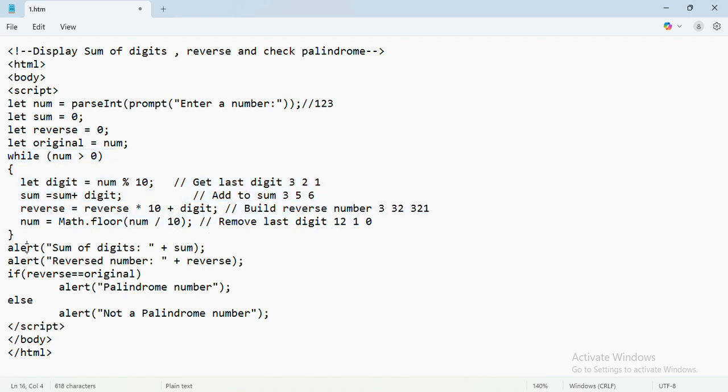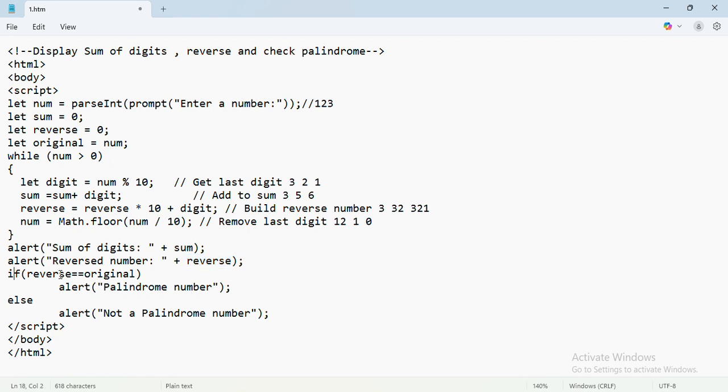And we're using alert, we are just displaying the result. Sum of digit, that is a string, that's why in double quotes, plus sign for concatenation, and we are just displaying the sum. What is the sum? We are getting the last value. You can see the last value is 6. So over here it will display 6. Similarly, with alert, we have displayed the reverse of the number. So what is the reverse of the number? The last value it will display. So that is 321. So reverse will be 321.